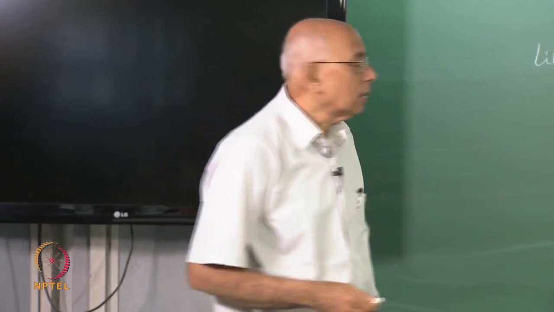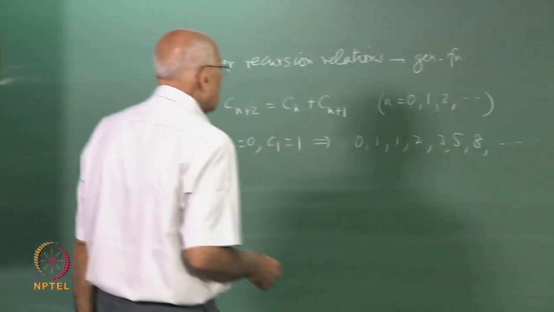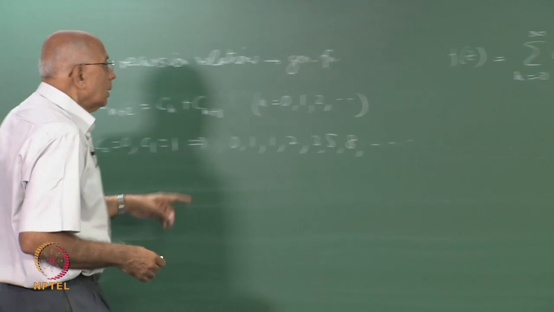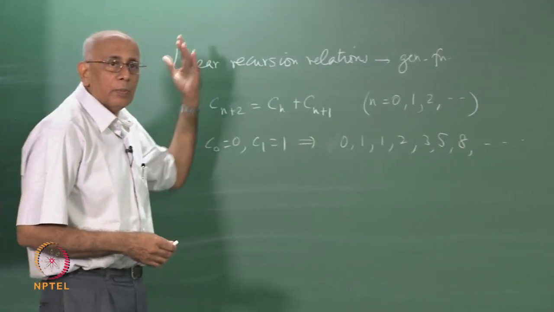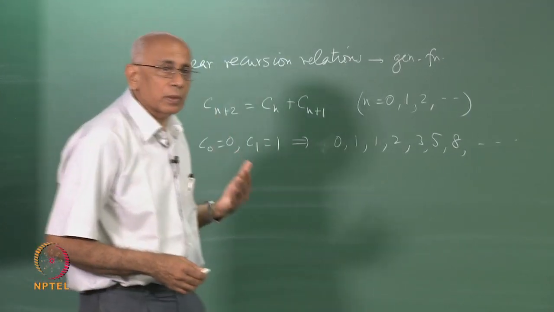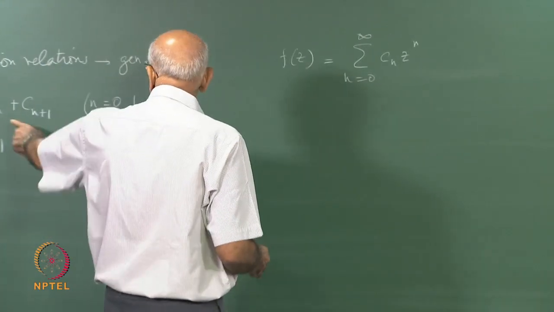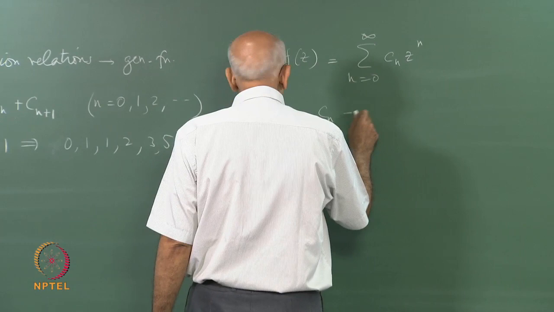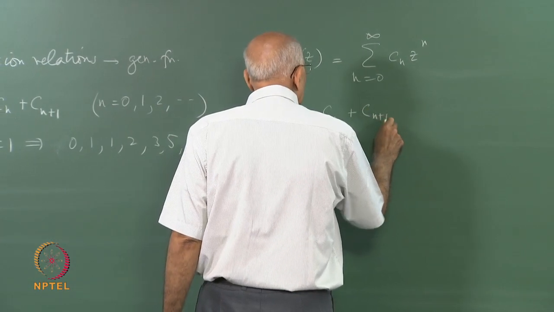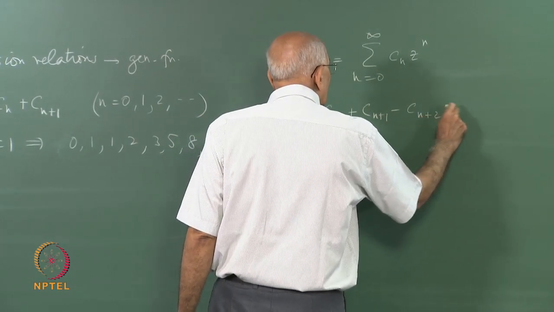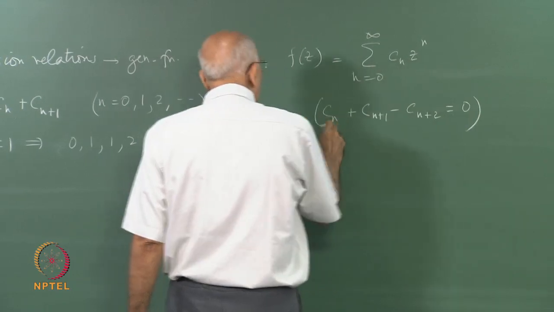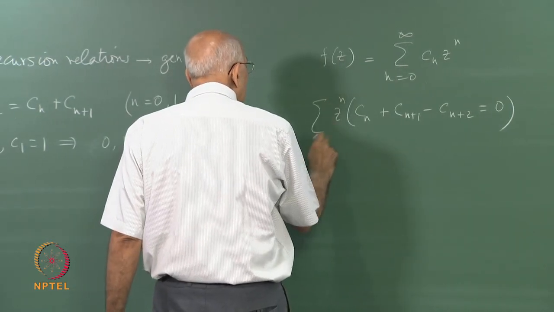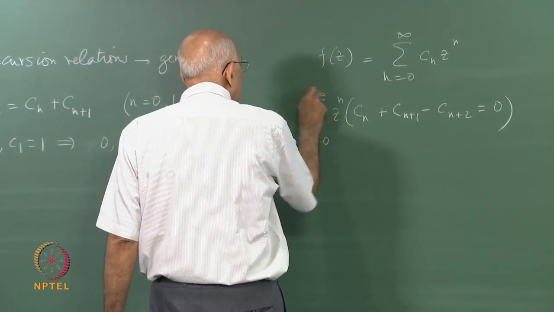So we will see in a minute where it converges. Once you do that, since Cn plus Cn plus 1 minus Cn plus 2 equal to 0, multiply both sides by z to the n and sum from 0 to infinity,